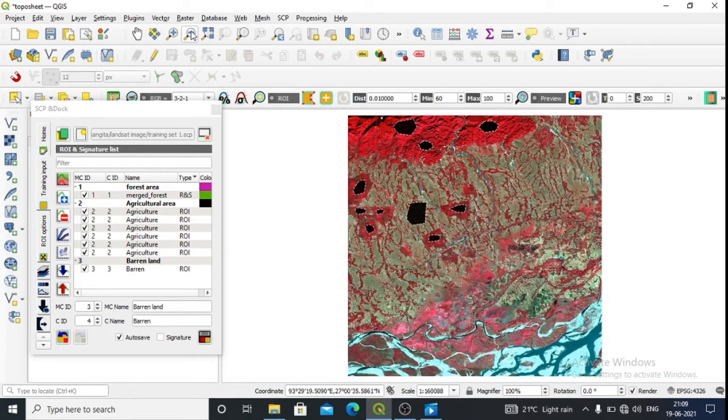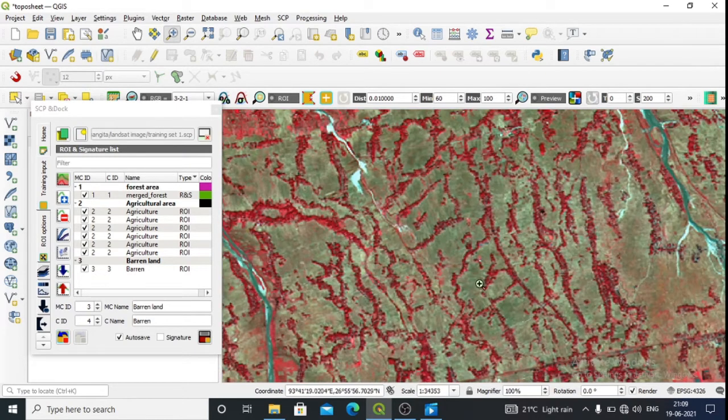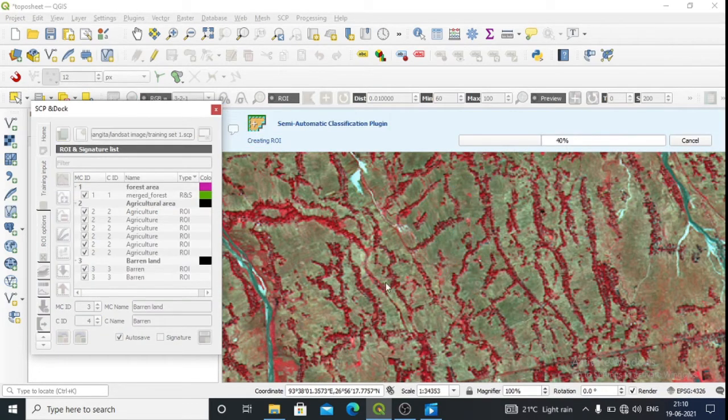Then let us choose this side also so that we have the better classification. Okay, these are all the barren land, so you select it. So this would be 3, barren land, save it.